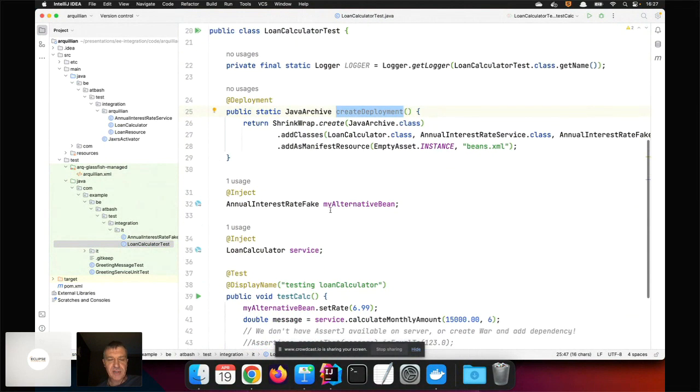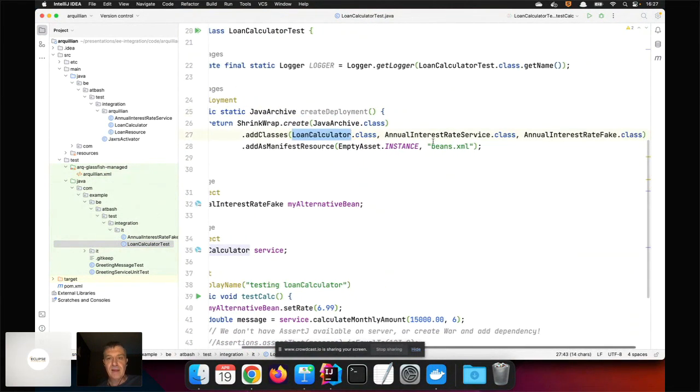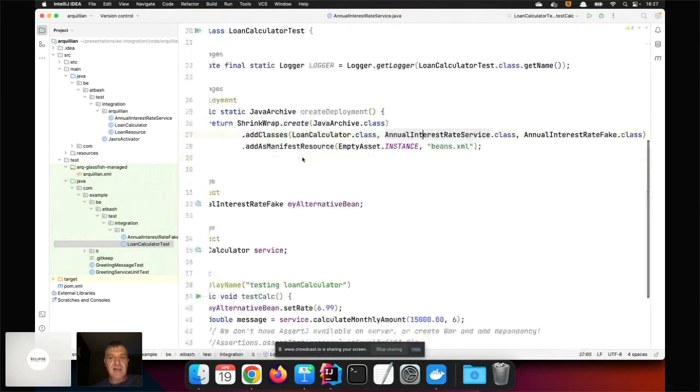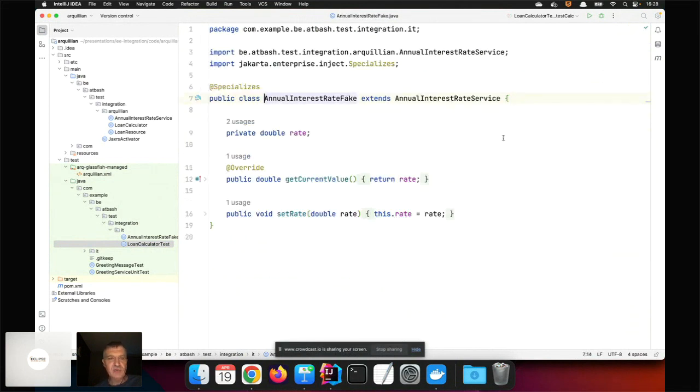Here I create that archive where I include my class. I need to include the actual CDI bean here, where I hard-coded the value. And if I want to have some mocks, which is not really possible with Arquillian, I cannot create a mock which is then included in that archive. So the only thing that I can do, which is not known by everyone, I guess, is